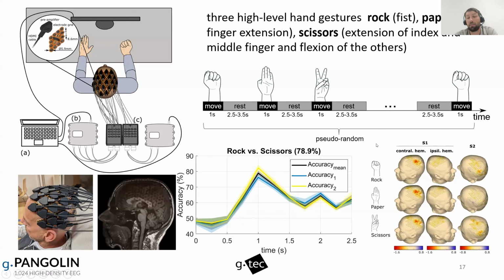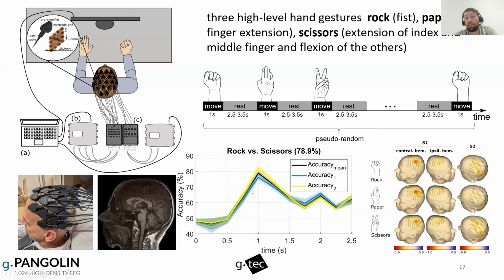So we did motor execution for subject 1 and motor imagery for subject 2. And you can clearly see here the different gestures with the different activation maps, more pronounced for the motor execution, in this case for subject 1, but also for subject 2, the motor imagery, we could achieve nice activation maps with also accuracies